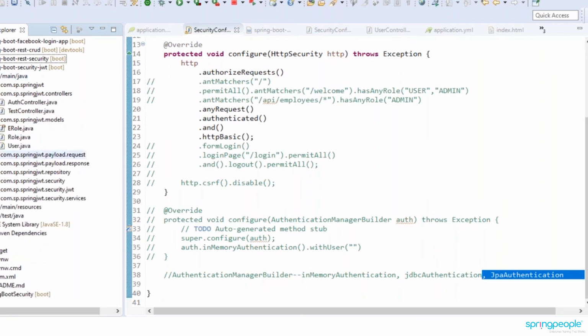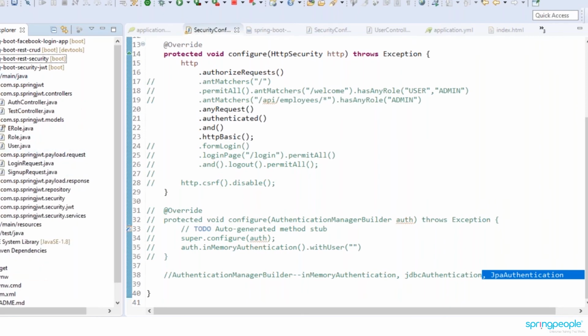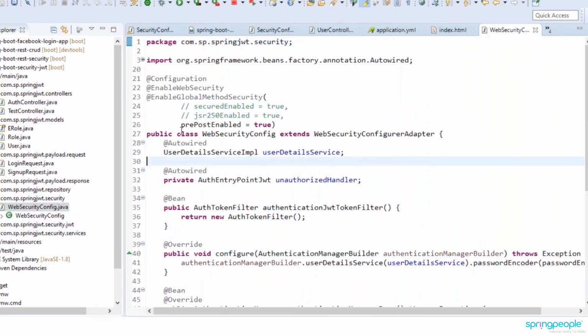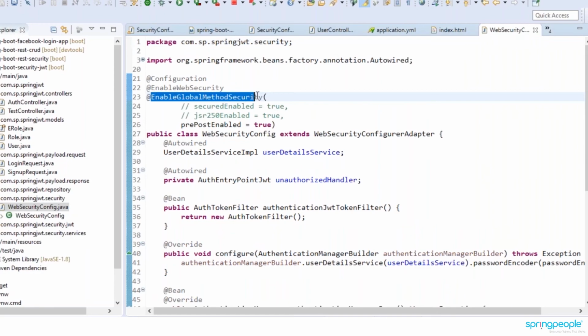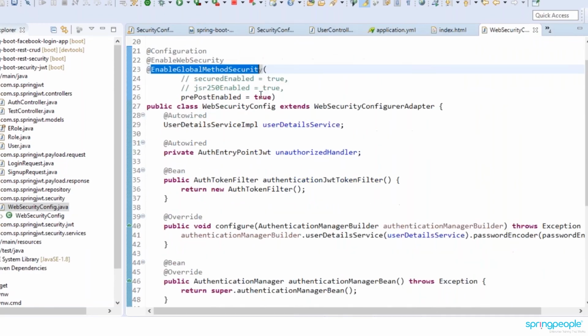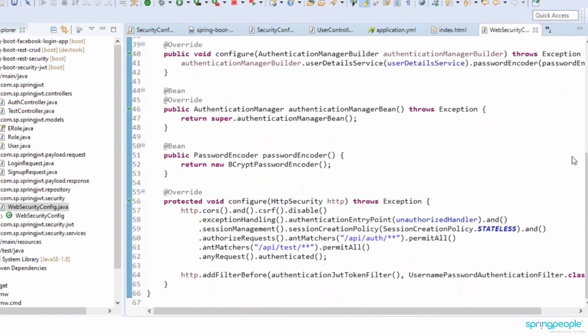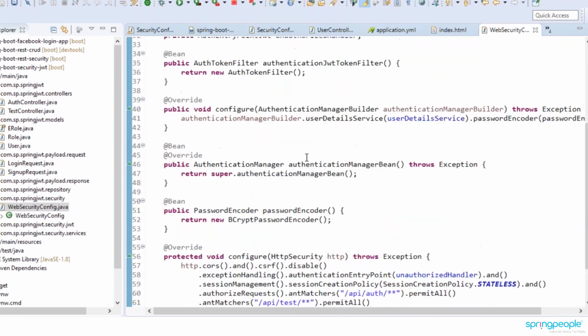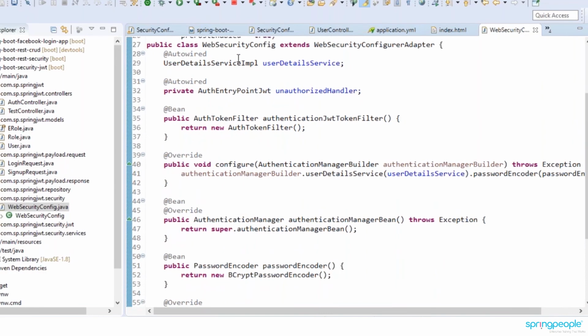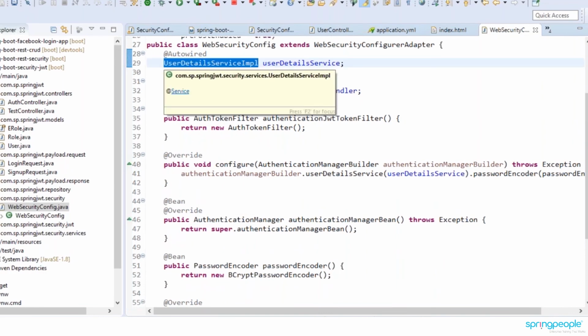If I go here, in the web security config, I'm enabling global method security, which we are configuring with respect to a database. It requires a database, so that's why here we are taking the UserDetailsService implementation.